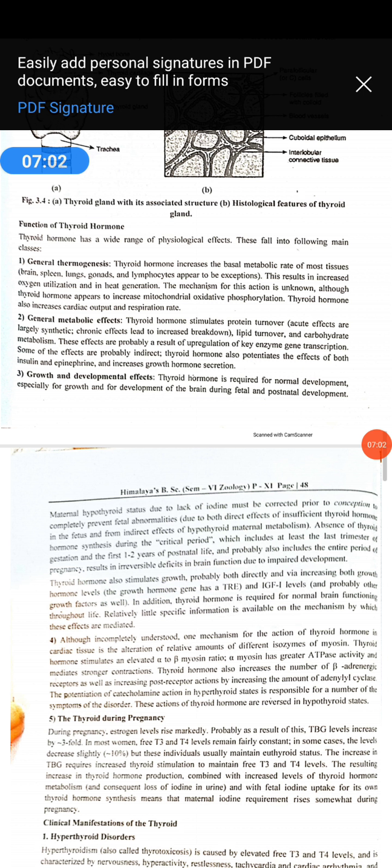It lowers the concentration of calcium and phosphorus in the plasma, that is, the liquid part of the blood, by decreasing their release from the bones and accelerating the uptake of calcium and phosphorus by the bones. It means it reduces the calcium level in blood and increases its deposition on bones.